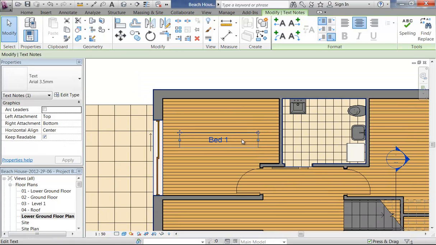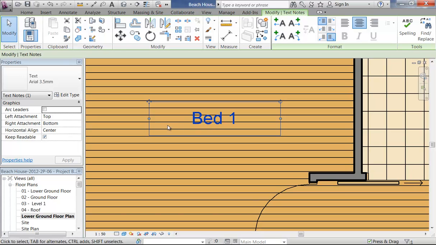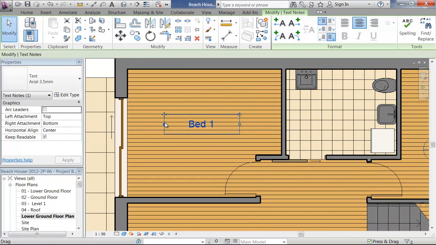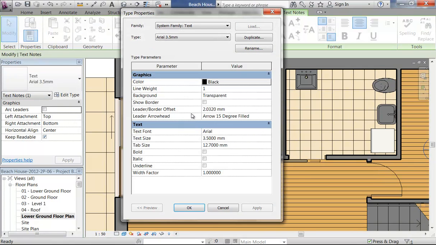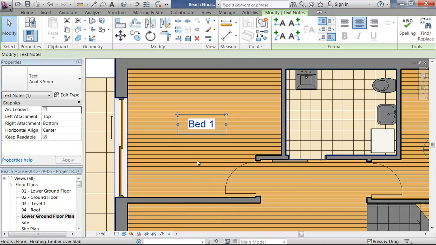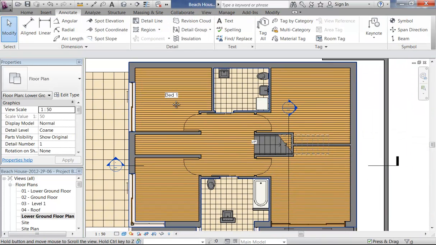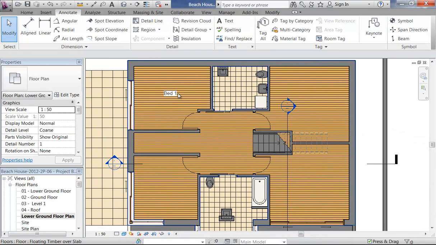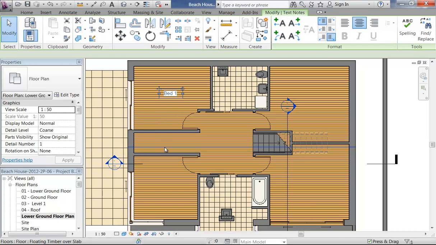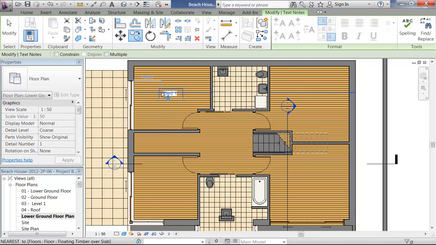But that is possibly a bit unclear with the hatching in behind it. So I'm going to go to edit type, and then I'm just going to turn on the background. So I'm going to set that to opaque. And now you can see it's put a background behind the text there, makes it much easier to read. And so now I can simply copy that text